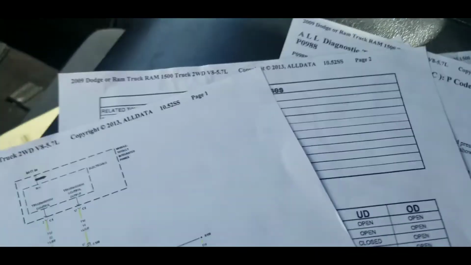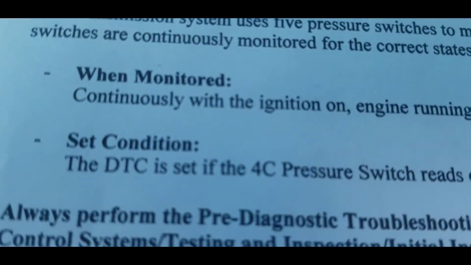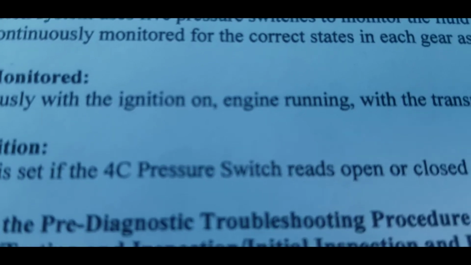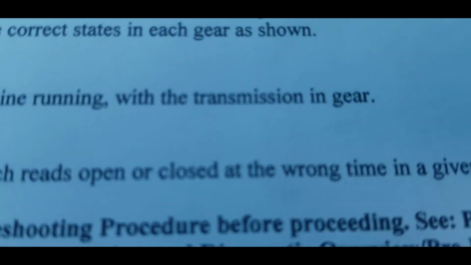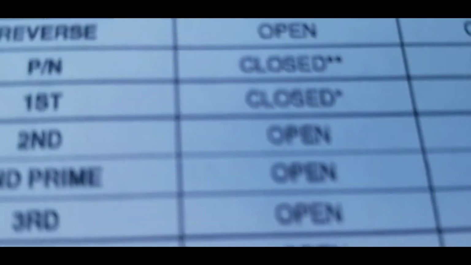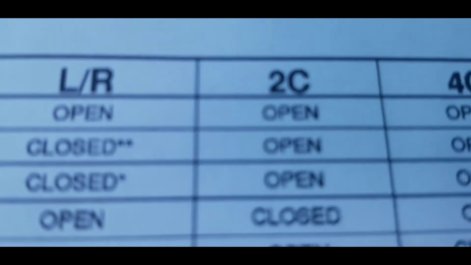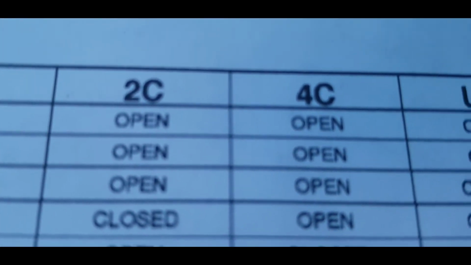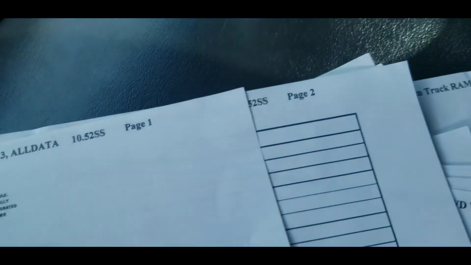And this states right here, the DTC is set if the 4C pressure switch reads open or closed at the wrong time in a given gear. Here's your given gear. Second gear, closed, open. We see in the data screen, it